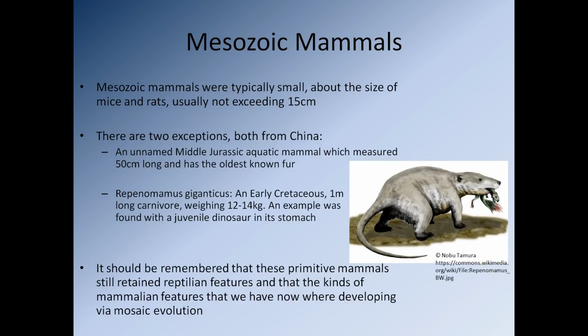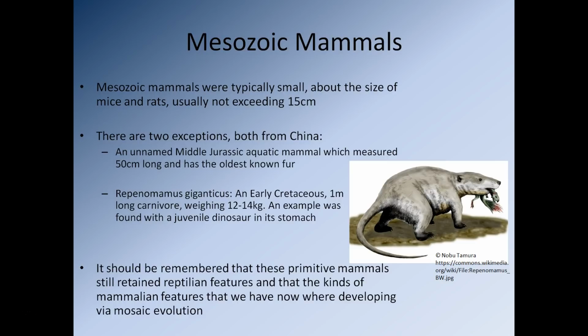and they were normally about the size of mice and rats, so they didn't really exceed about 15 centimeters in length. So that's not really surprising. The dinosaurs were in complete control. They were the apex predators. They're in charge of everything. So mammals didn't really have the opportunity to grow into larger body forms because they were being outcompeted by the